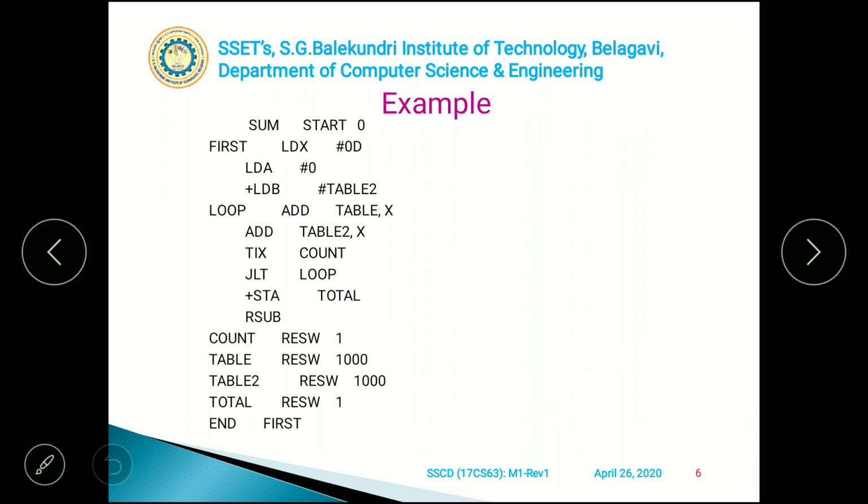Now you can check it out here. The program starts with 0. It means the starting address is given as 0, and in these instructions you are going to use an immediate addressing mode, then you are going to use extended instruction formats, and some instructions with indexed addressing mode. These are notations that you can easily understand, but you can understand whether it's PC relative or base relative only if you write the addresses for each instruction.